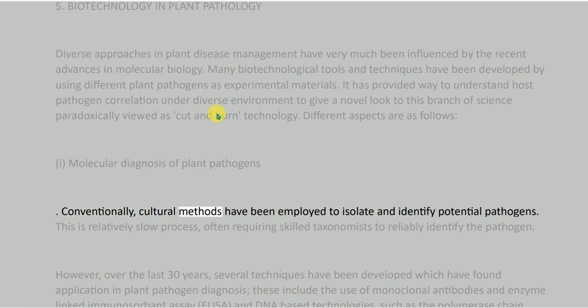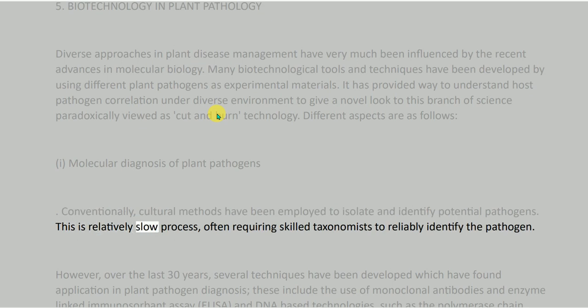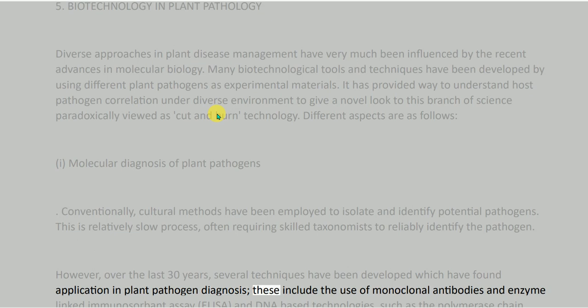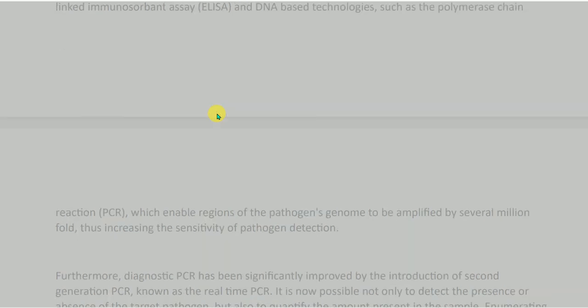This is a relatively slow process, often requiring skilled taxonomists to reliably identify the pathogen. However, over the last 30 years, several techniques have been developed which have found application in plant pathogen diagnosis. These include the use of monoclonal antibodies and enzyme-linked immunosorbent assay, ELISA, and DNA-based technologies, such as the polymerase chain reaction, PCR, which enable regions of the pathogen's genome to be amplified by several million-fold, thus increasing the sensitivity of